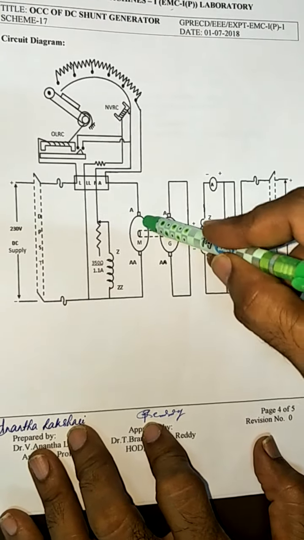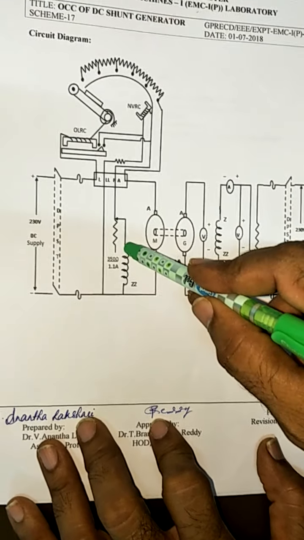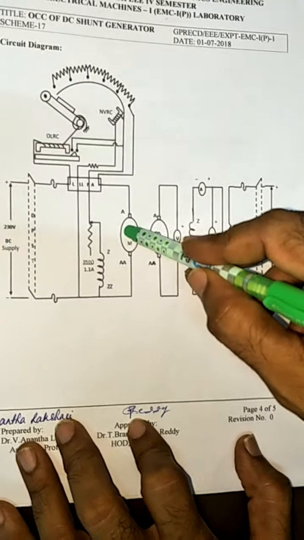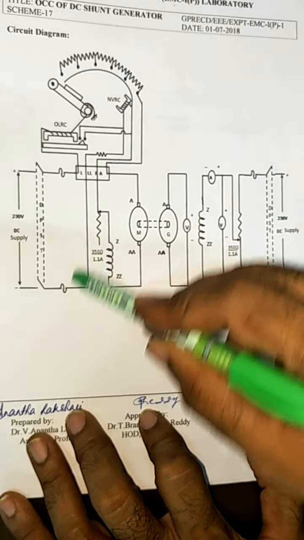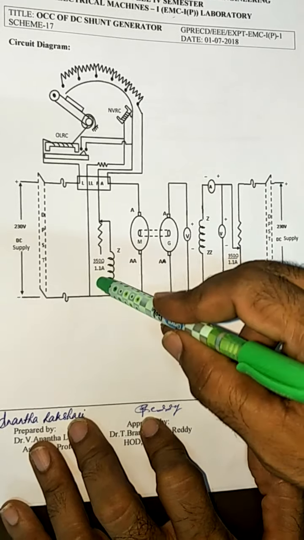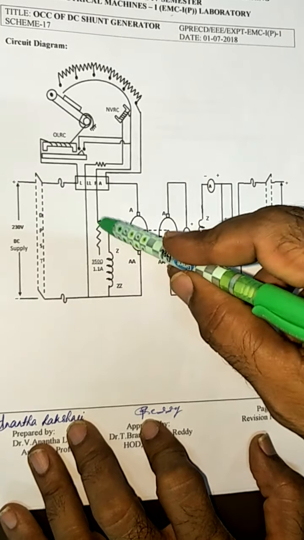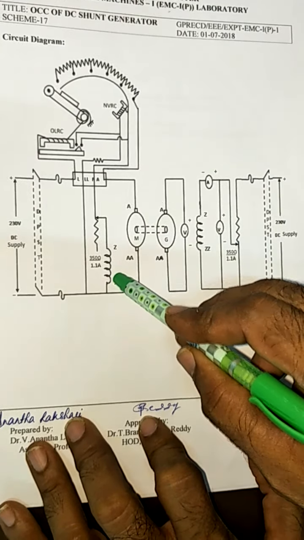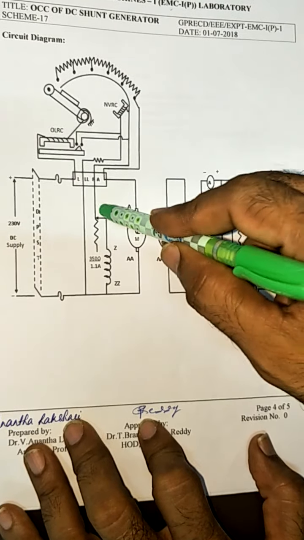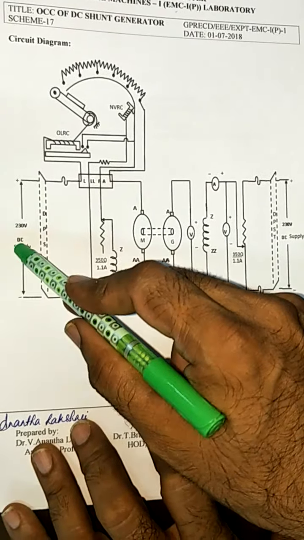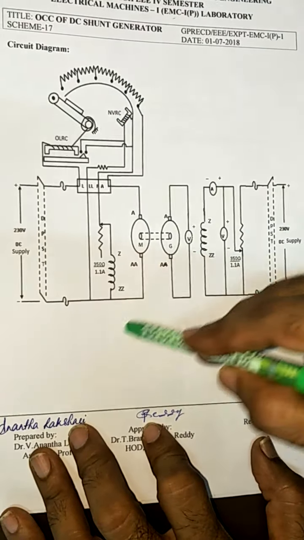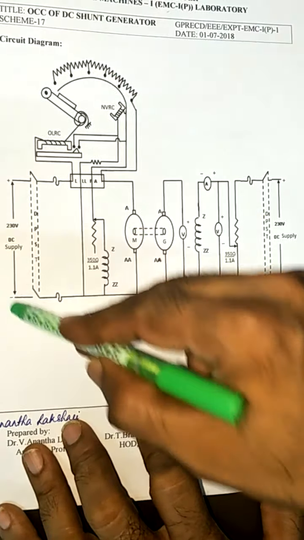Hence the first one is the DC motor, and Z is the field winding of the DC motor, and this is the field rheostat. We call it the field rheostat, and its value is 350 ohms, 1.1 ampere. This should be inserted in series with the field winding, and the field rheostat must be in minimum position. Is it clear? And the voltage given is 230 volts. So this part is nothing but a DC motor with the starter diagram.